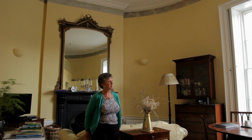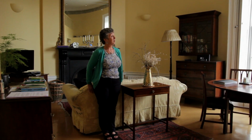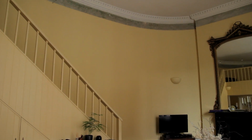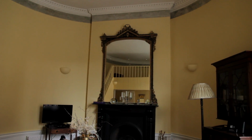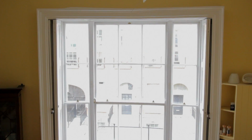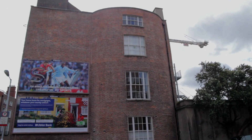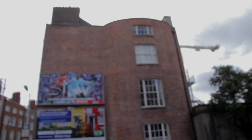Originally this room had three windows similar to the front of the house, and in about 1840, purely for fashionable reasons, and there was an eminent architect who leased the house for about 25 years, and we think he made this particular alteration, and he put in this fashionable wide window. So he opened up the centre window with these two single sashes each side, and he closed up the two original windows to each side. When we go outside and look back at the house, you'll be able to see the headers of the openings